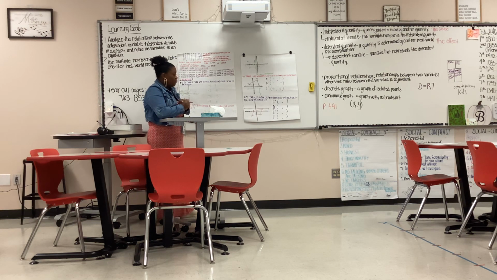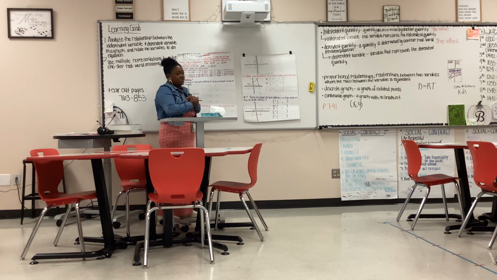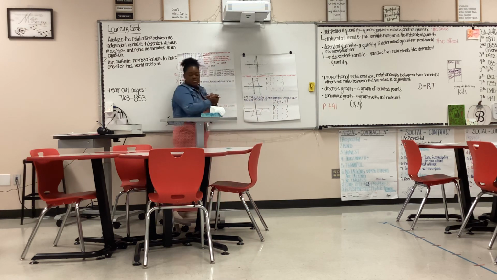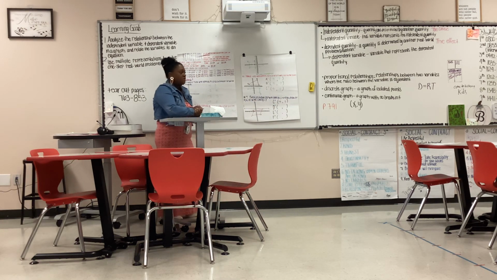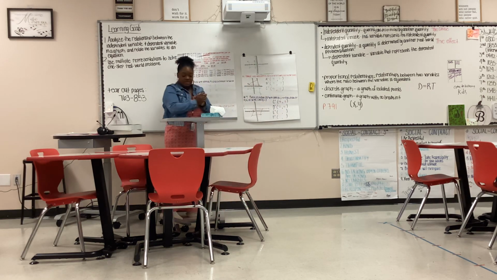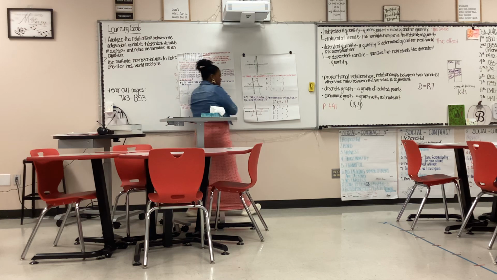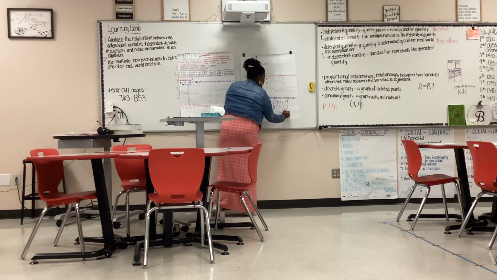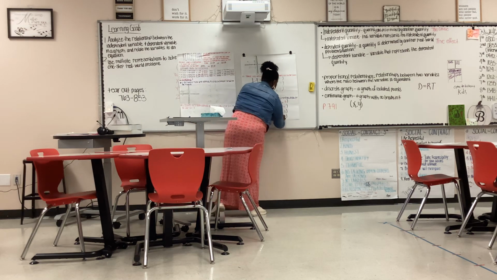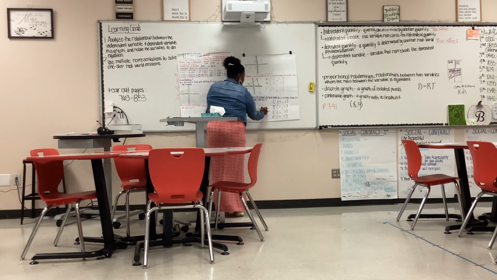And for prime C, Victoria, what did we get for prime C? Yes, -4 and 8, okay? What about for prime B? Okay, -2 and 4. Okay, what about for E? Yes, 6 and 3. Okay, and then what about for prime F? 4 and 7, okay? All right, so if you do your reflection,